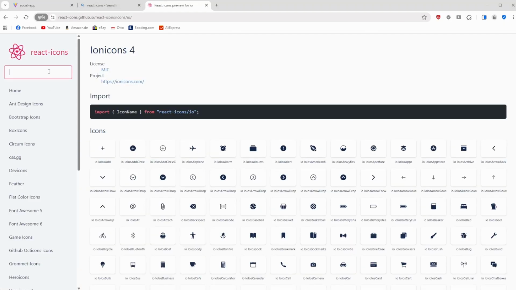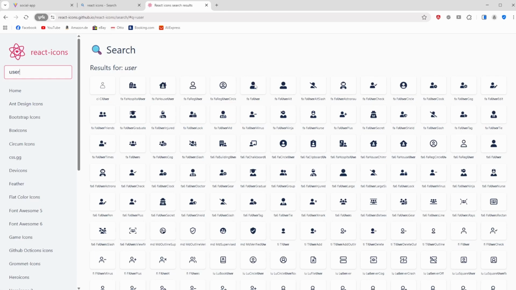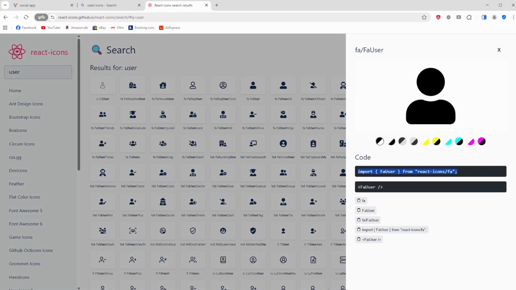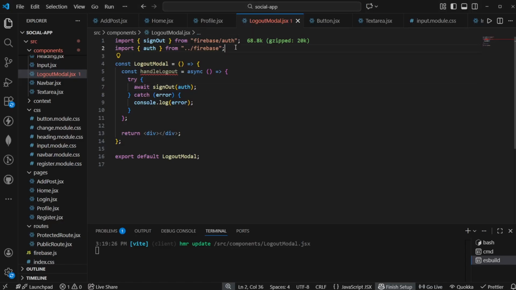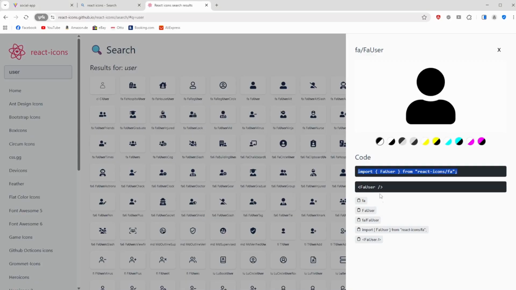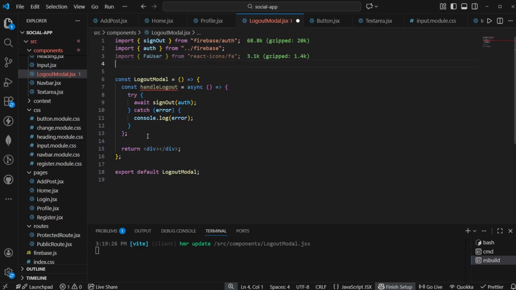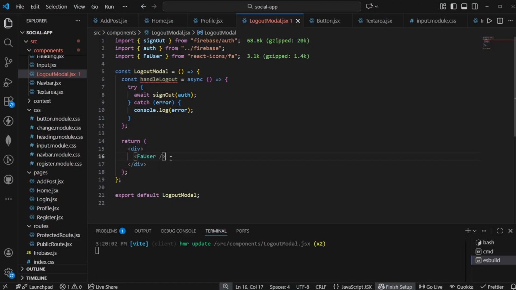Or actually, I think we have one already, but let's search for user. Let's again use FA user, for example. We need to import that one. So let's import FA user, and let's also use that one as a component right here. And now I want to have the user to the left, and I want to have username and the logout button to the right. So right here, I'm going to create another div, and inside of this div, I'm going